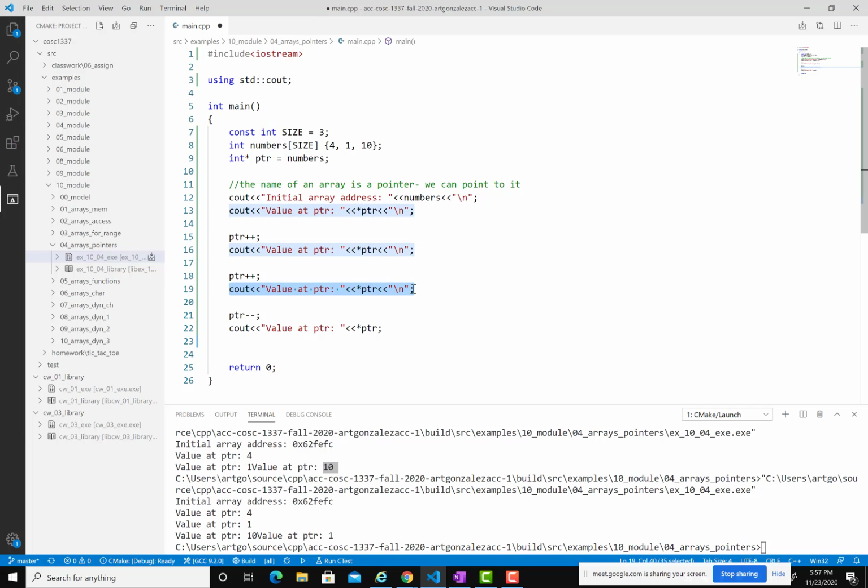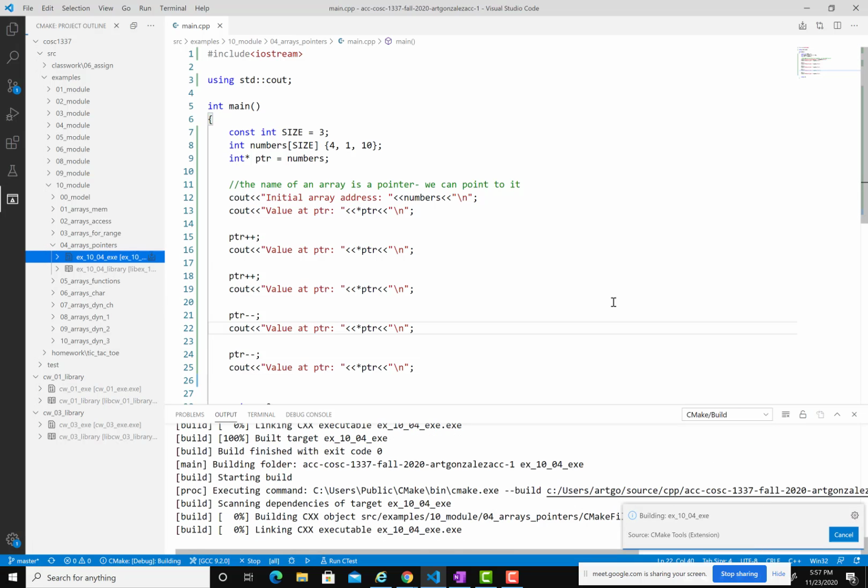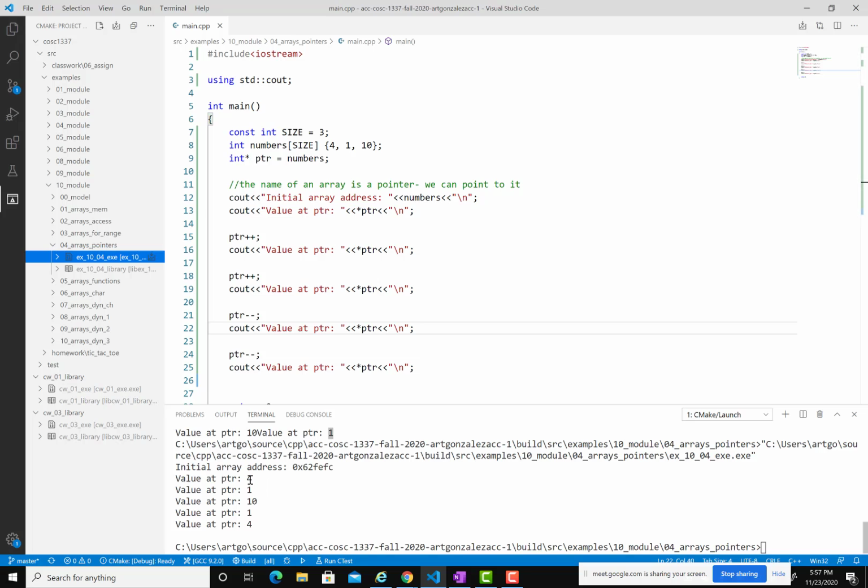I'll copy this one. So notice now it's number 1, so it's going backwards, right? So then if we do pointer minus minus again, and then we would expect to see the number 4. So 4, 1, 10, 1, 4, right? So any questions here? That's the relation between